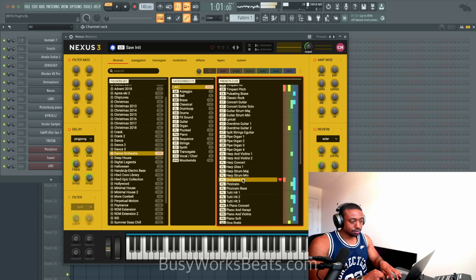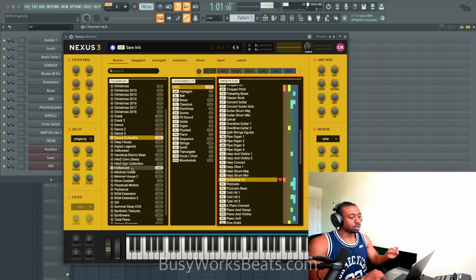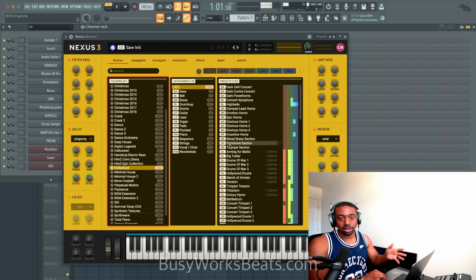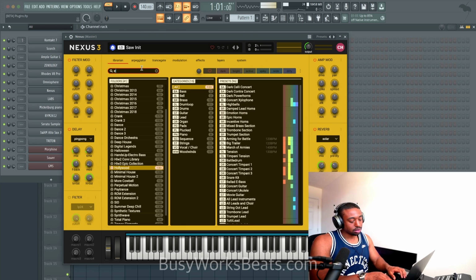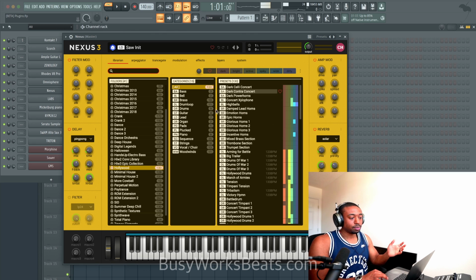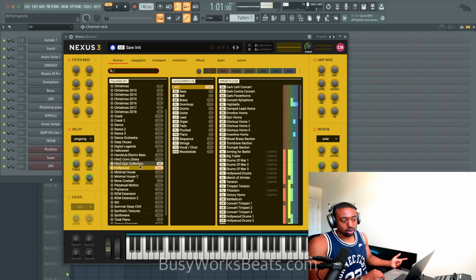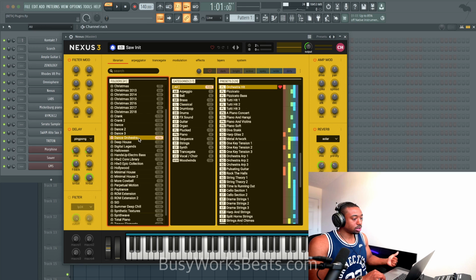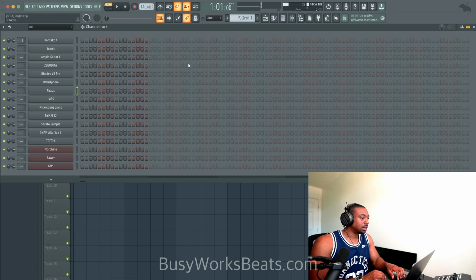These sounds here all came from the Dance Orchestra. So look for the Dance Orchestra. Also, everybody was like drooling over the Hollywood expansions. They're good. You know, I can't really say one is better than the other, but the Hollywood expansions were the go-to back then too. So you have Dance Orchestra and the Hollywood expansions 1, 2, and 3 as far as Nexus goes. Okay, so that was the sound back then.